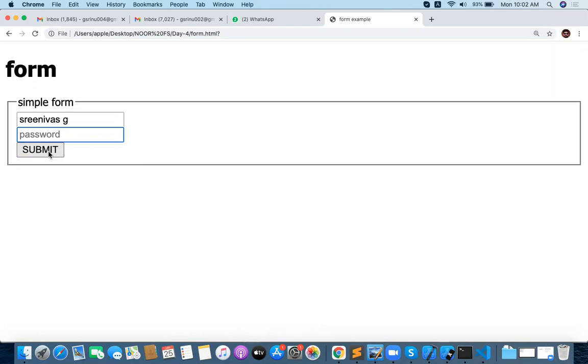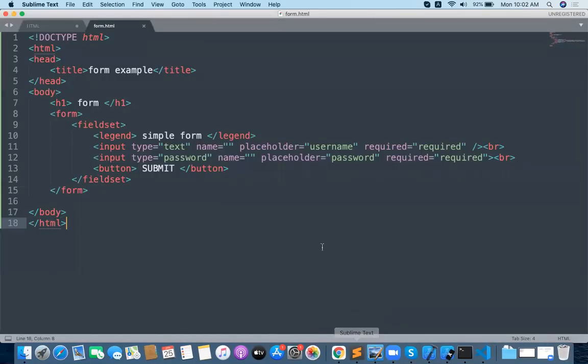These particular predefined validations are coming from the HTML only. We are not writing the JavaScript validations right now. We are providing basic validations from the HTML only. When I try to submit this, it is asking me, please enter the password. I enter the password and provide the submit. Then only the submit will take it. So this is a very important and simple thing, how to prepare a normal simple form.